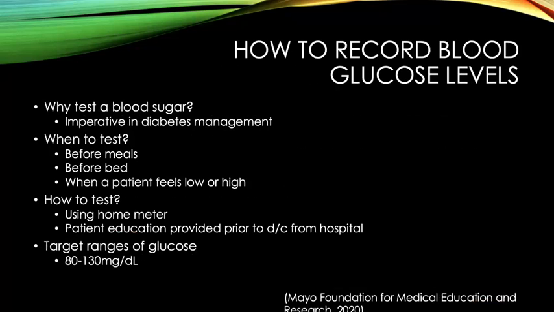Blood sugar testing provides useful information for diabetes management. It can help monitor the effects of diabetes medications on blood sugar levels. It can identify blood sugar levels that are high or low. It will track the progress in reaching the patient's overall treatment goals to keep a running tab. Learn how diet and exercise affect blood sugars and understand how other factors such as illness or stress affect blood sugar levels. Trends will occur when a patient is fasting, sick, eating, sleeping, or prior to mealtime. The target range is 80 to 130 milligrams per deciliter.